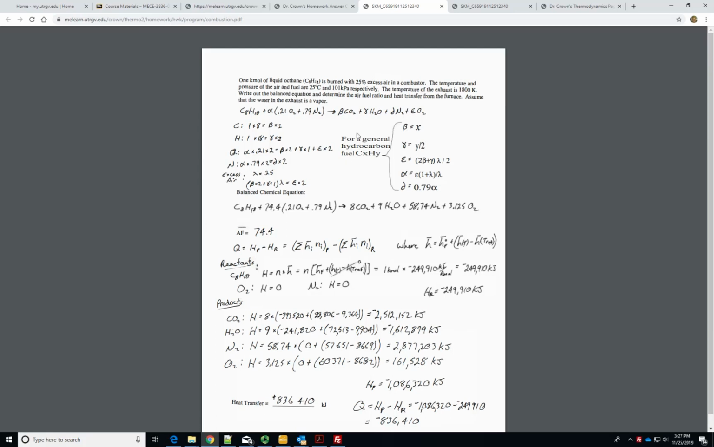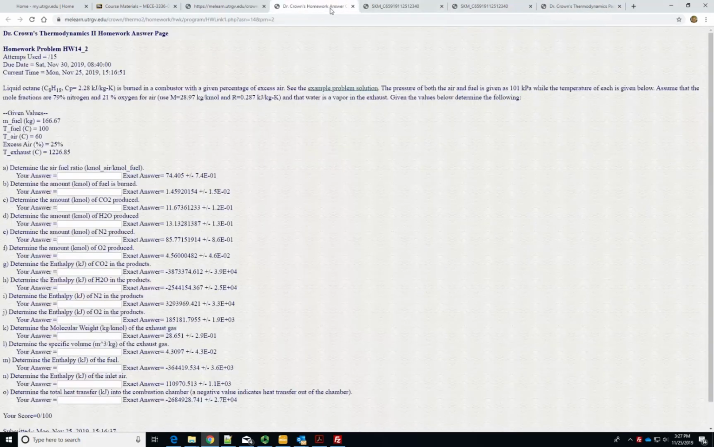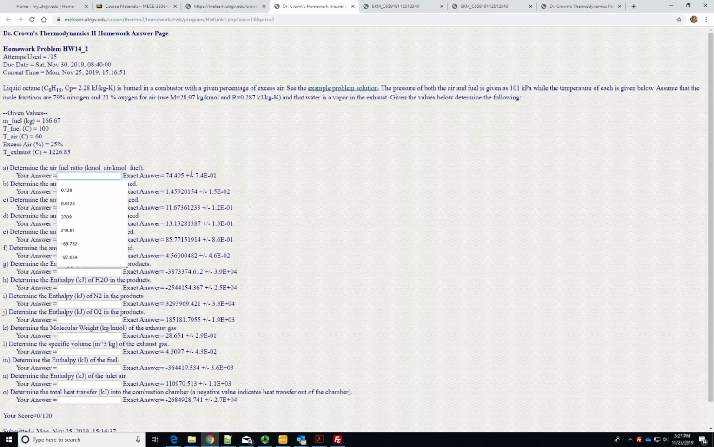So let's go back to the problem. This one. And the first thing we want is the air-fuel ratio. So we just found that to be 74.405. So this is very similar to the homework 14.1. The amount of fuel burned is going to be 166.67, which is the mass. Let's write that just as